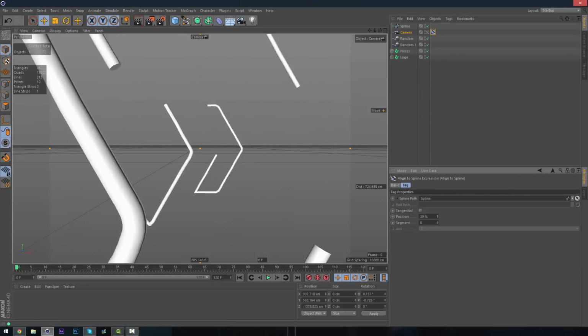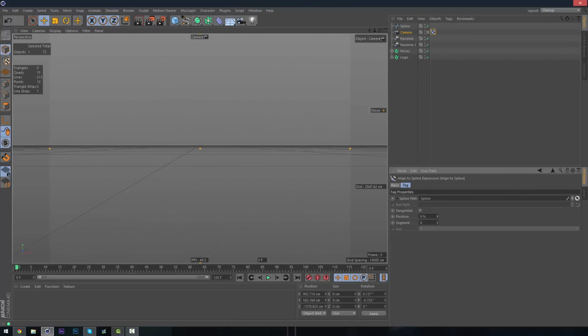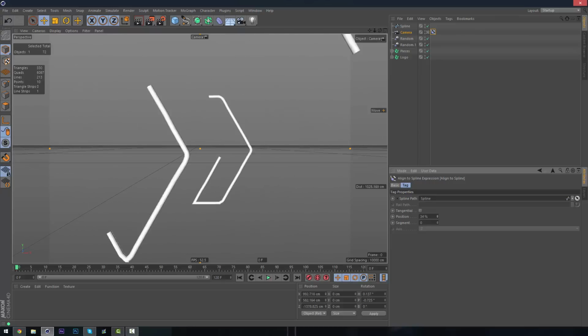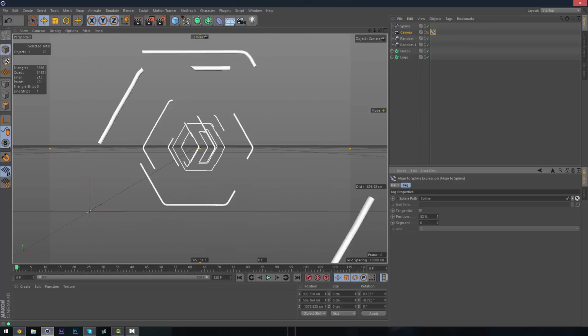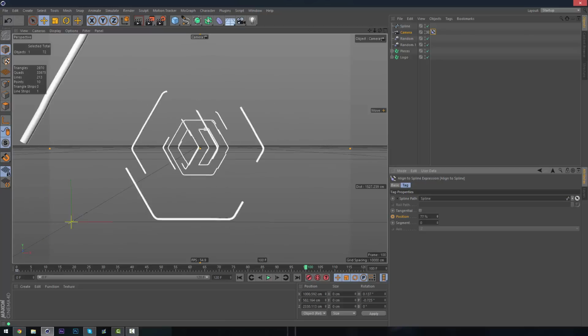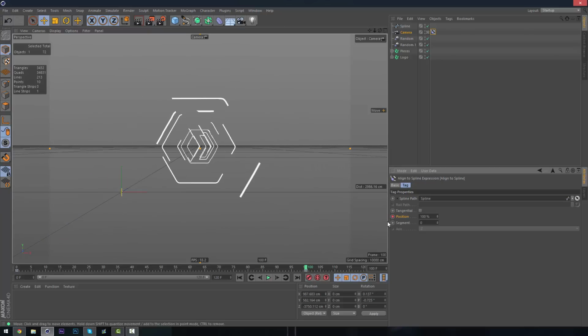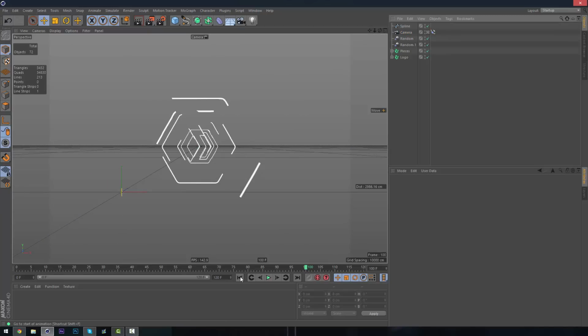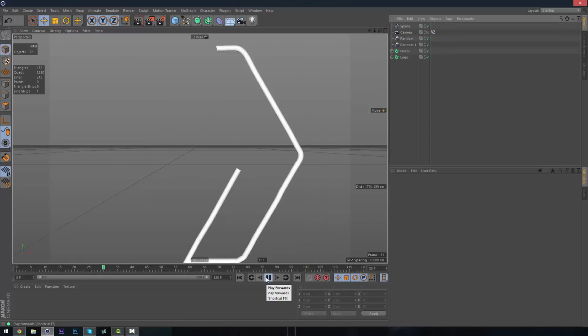And again, go back to the tag, and you can play with the percentage, and you'll see now we are traveling through the logo. So let's do some animation. We'll go to frame 0, set the position on 0%, go to frame 100, and we'll increase it up to 100% like so, and hit the stopwatch there. So now we have some basic animation